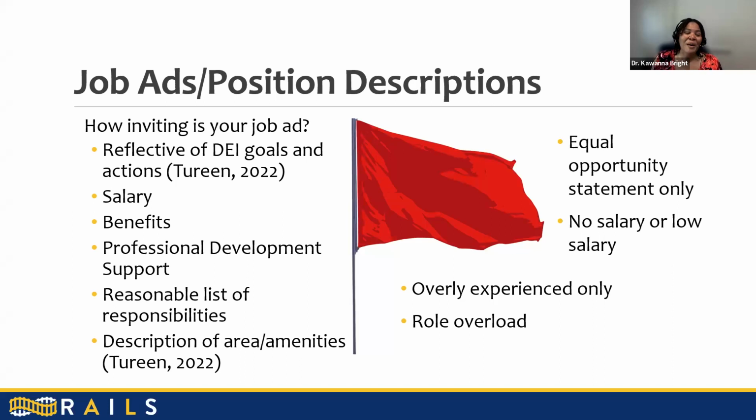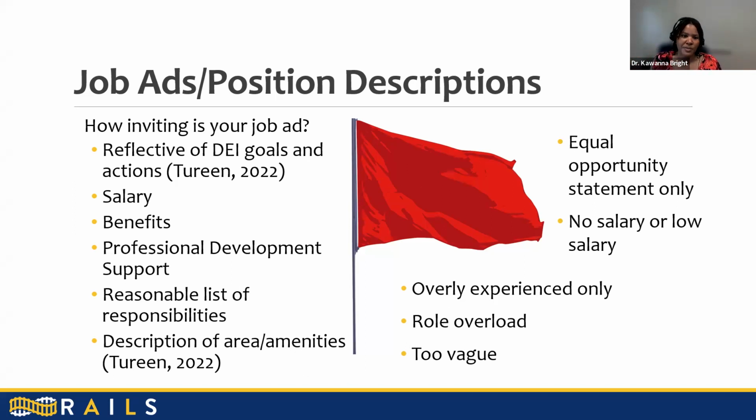This is everyone, but especially if you're talking about lists of responsibilities that may include being asked to do diversity, equity, inclusion work on top of a regular job, on top of something else as well. And then if you're, of course, too vague, just asking for people to apply for a job and really not telling them what they're going to do. One thing we definitely have learned is that vagueness is something that's viewed negatively,